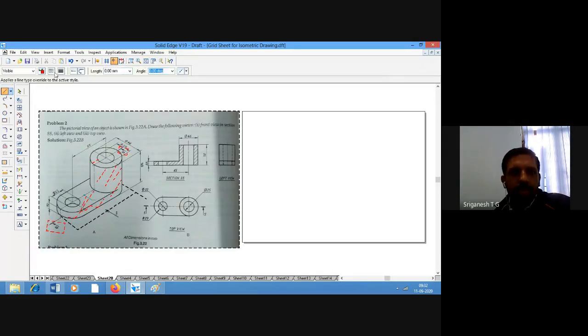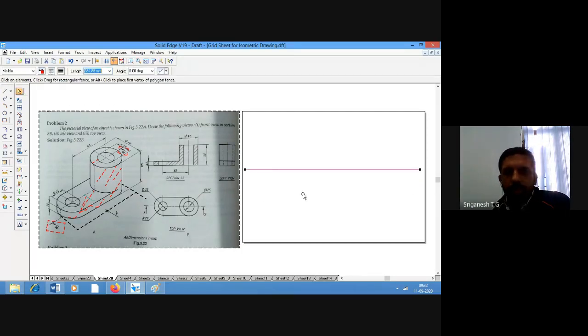So I'll just take up the XY line. Sometimes, if it is possible, we can also start drawing from the front view.